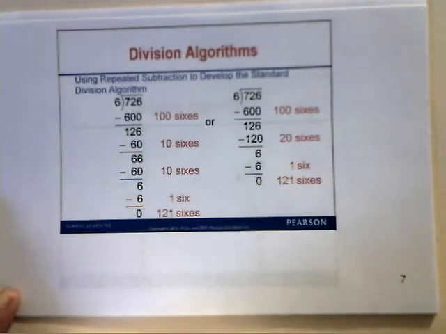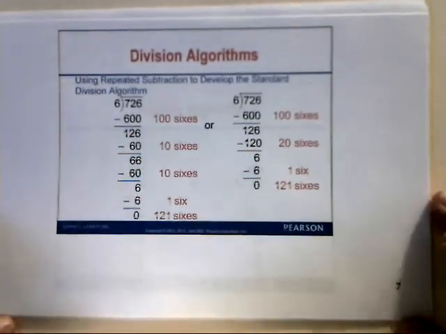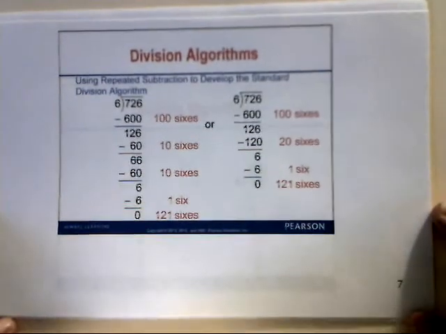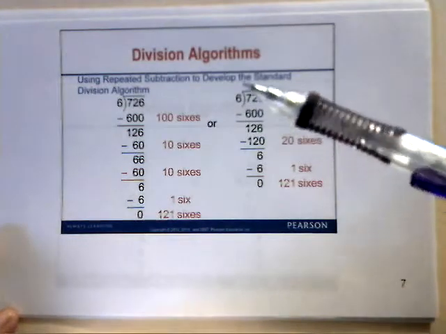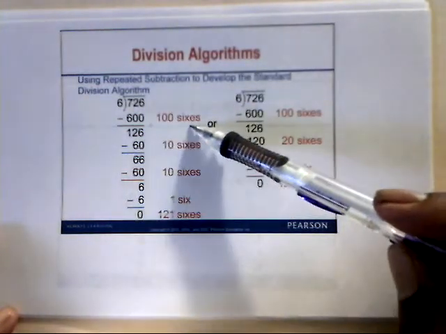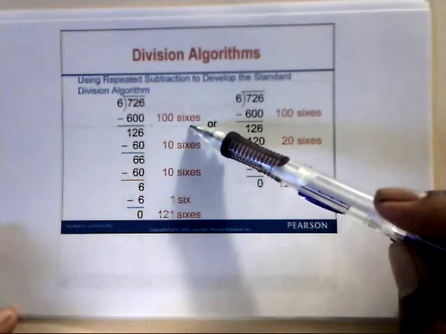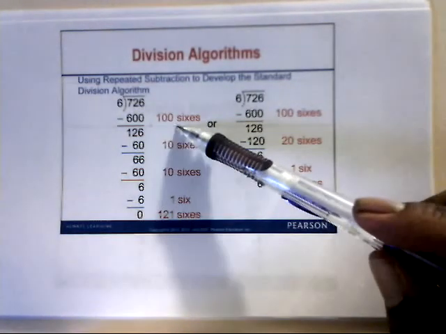Let's look at some algorithms for division. Here you're using repeated subtraction to develop the standard algorithm. So if we want to do 726 divided by 6, we can subtract 600, or 100 6s, because if we keep subtracting 6 time after time, it'll be time consuming. So a quicker way is to subtract